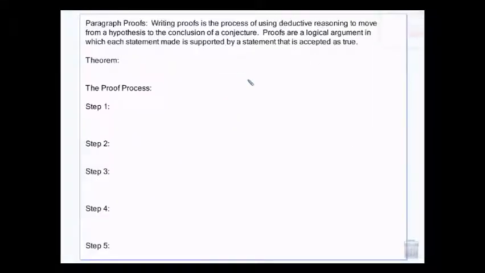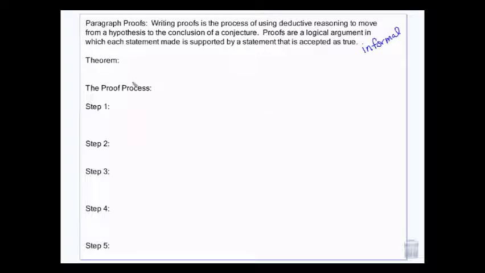Okay, so paragraph proofs. Paragraph proofs are considered to be informal. And, like you guys are all being informal right now. Formal would be, you put on your tuxedos, you put on your fancy dress, your hair, your makeup, and everything. And today you're informally wearing jeans or whatever. So these are informal proofs. These are like the jeans and t-shirt proofs.